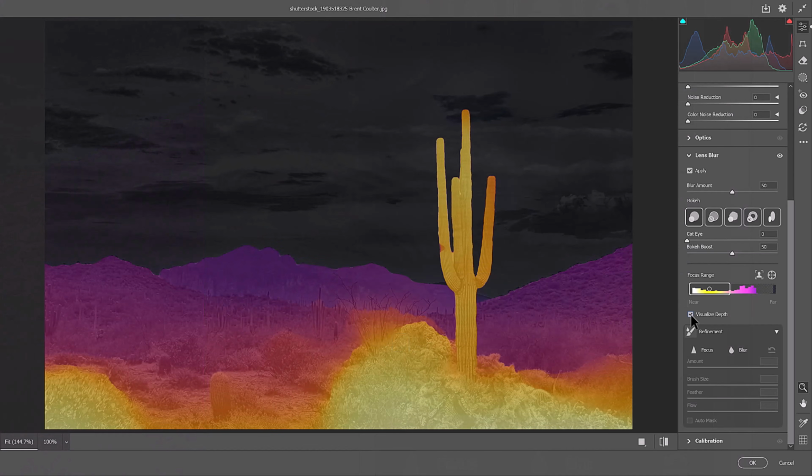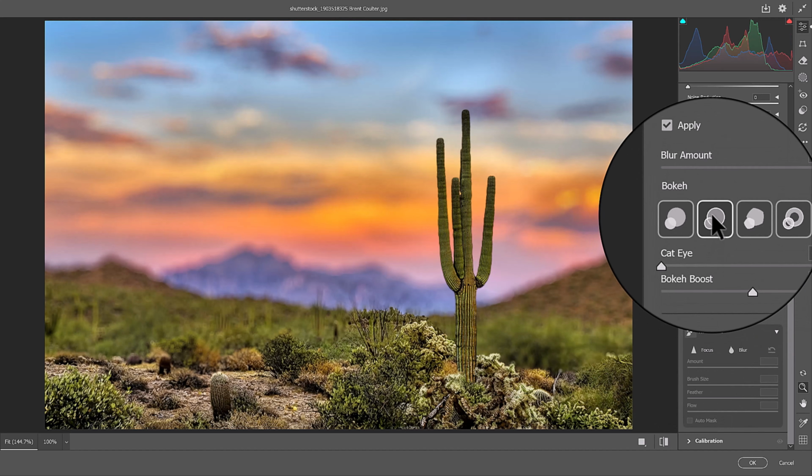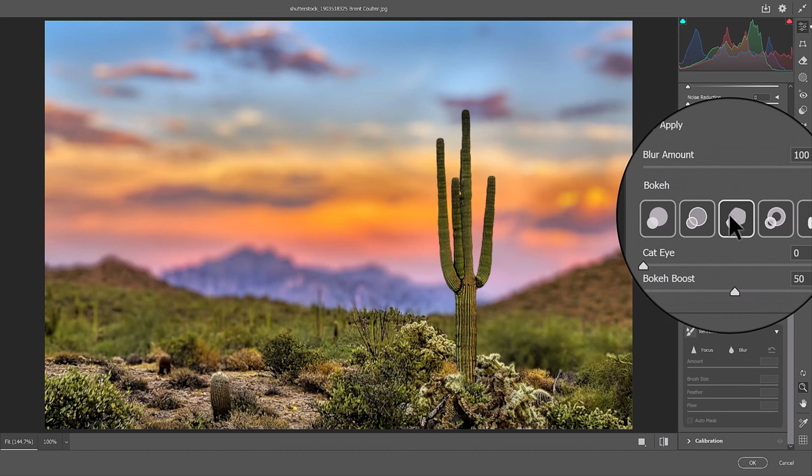The color overlay of the image corresponds to the colors in the focal range bar. The areas that are in focus are displayed in white or light yellow, while oranges and purples are in the mid-range areas, and dark gray and black represent areas that will be the most blurred. I'll uncheck it. We can also add one of 5 bokeh effects to the image to make the blur look